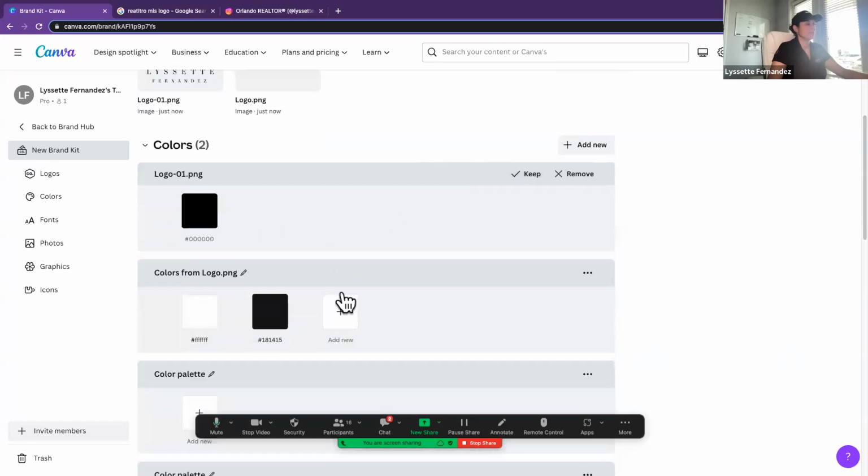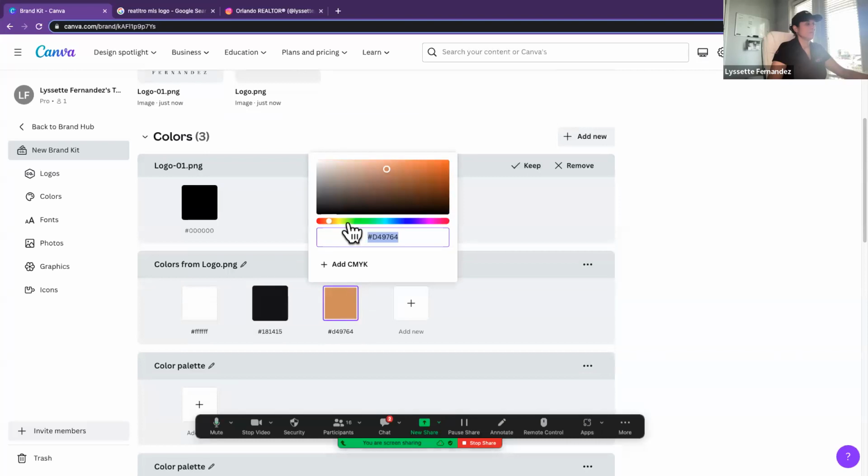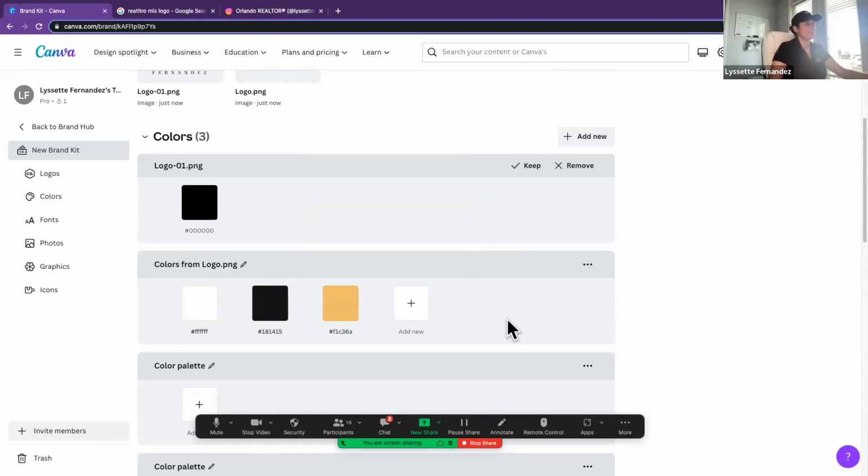So that'll be the logo color. So add new here. And we'll just get a beigey gold color. So